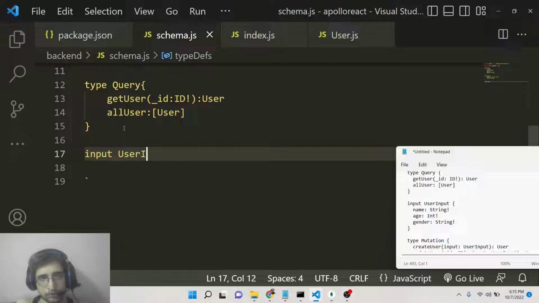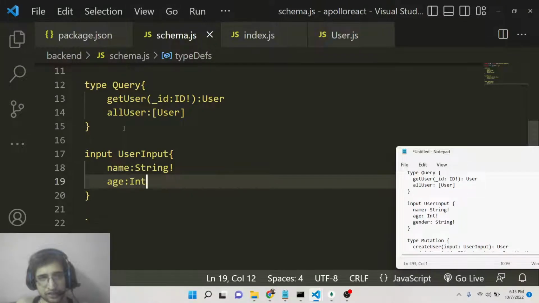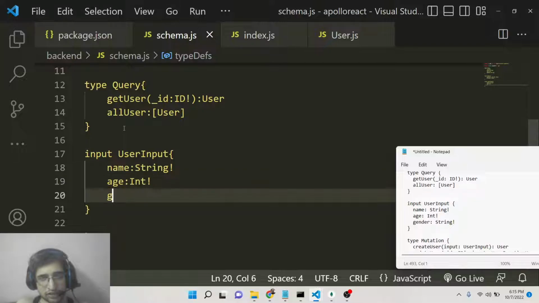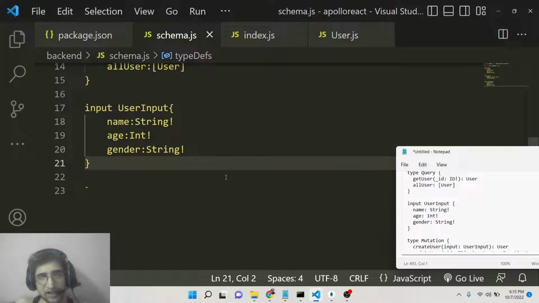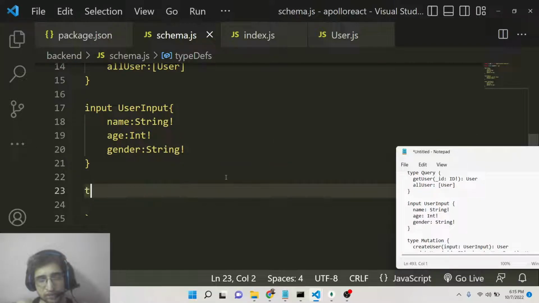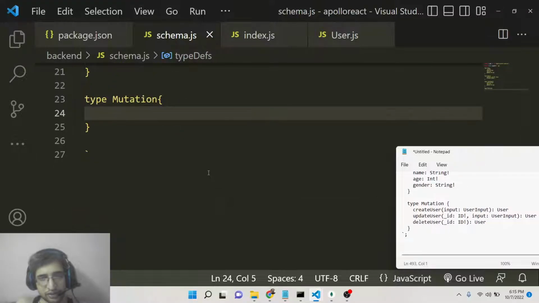So we will call this UserInput, and here we will provide the name, which will be of type string. This is mandatory. Then we will provide the age, an integer, which is also mandatory, and the gender, which is of type string, which is also mandatory. So this is a user input, guys. And lastly, guys, this is for the mutations part. So whenever we will be doing the CRUD operations, whenever we will be modifying the data, this is called a